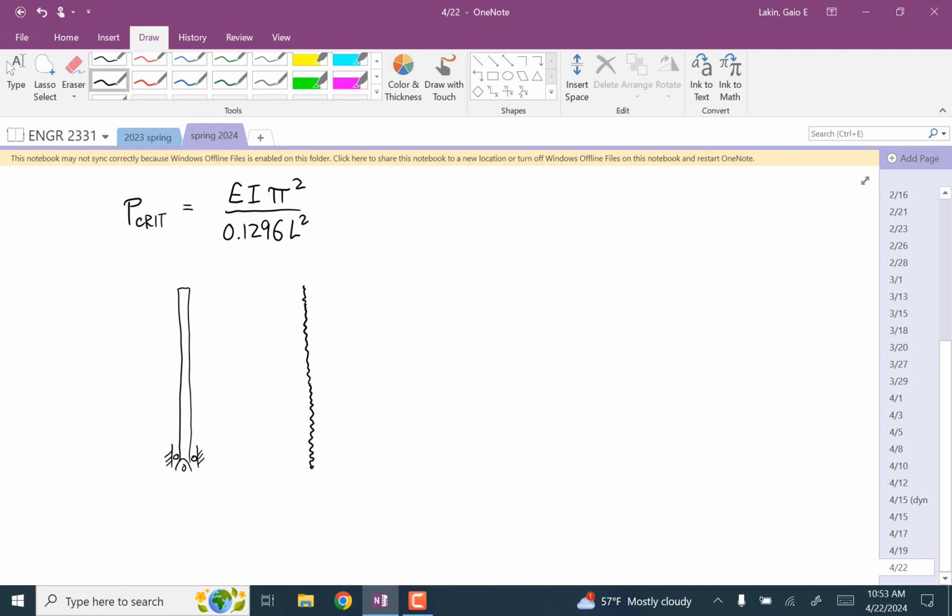Yeah. So say you're trying to secure a column, how would you find the overall P critical with multiple